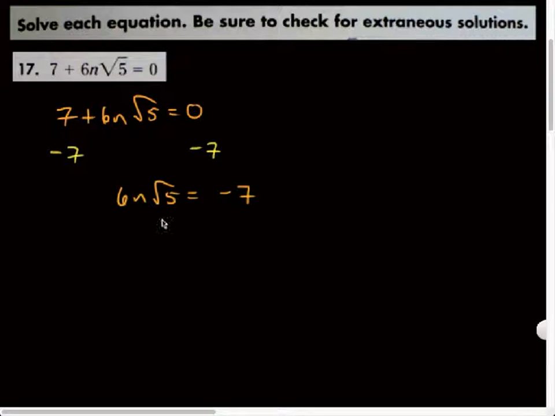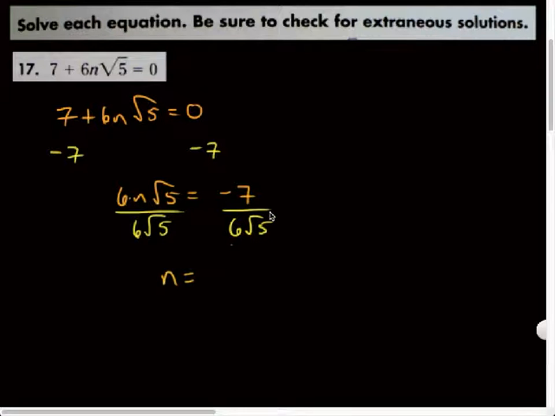And the n is being multiplied by 6 and by the square root of 5. So I could get rid of the 6 by dividing both sides by 6. But better yet, it's also being multiplied by the square root of 5, so I could get rid of the square root of 5 by dividing both sides by the square root of 5. So let's just divide both sides by the 6 square roots of 5 simultaneously. So n is equal to,